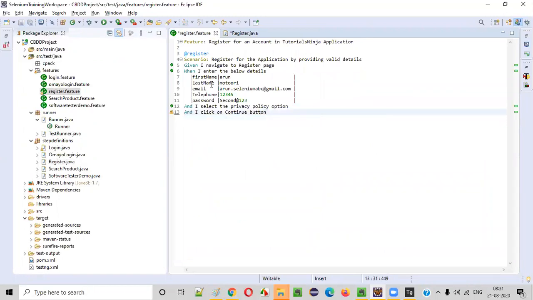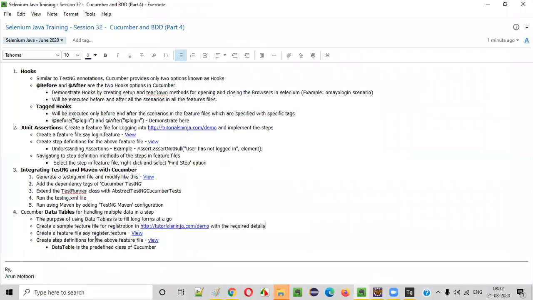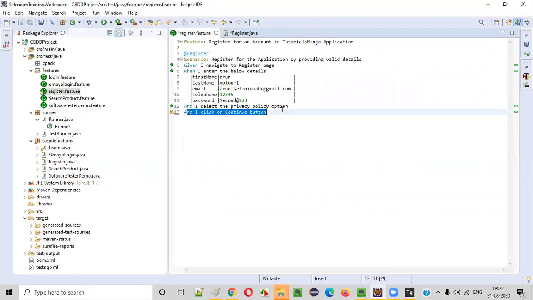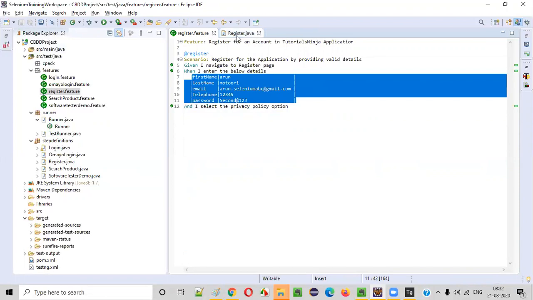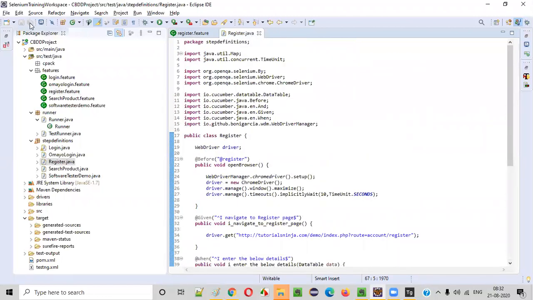Okay. Our main focus is to learn about data tables, right? All these things you already know. Okay. So let's not write the remaining step. So let's give the step definitions, steps up to here only, till end. So we should be in a position. Even I don't want to click on this continue button also. I don't want to even have this step also, because you will see whether this is working or not. If these particular details are entered into this particular register form, then things are good, right? So whether data table is working or not, we have to check. That's the main intention. We don't have to write the remaining things.